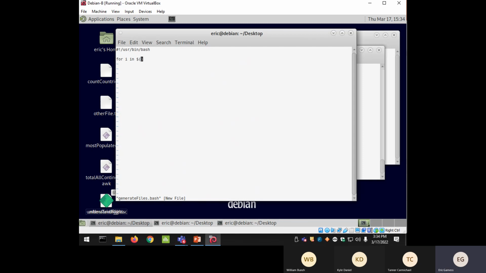We want to go from 0 to 200. So sequence of 0 to 200, 0 inclusive, 200 inclusive. Done. We want to create files. So